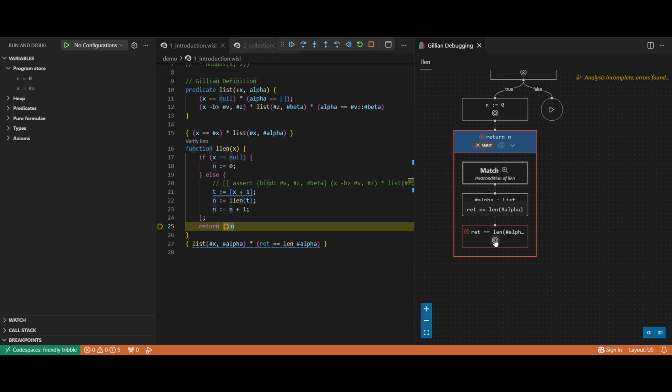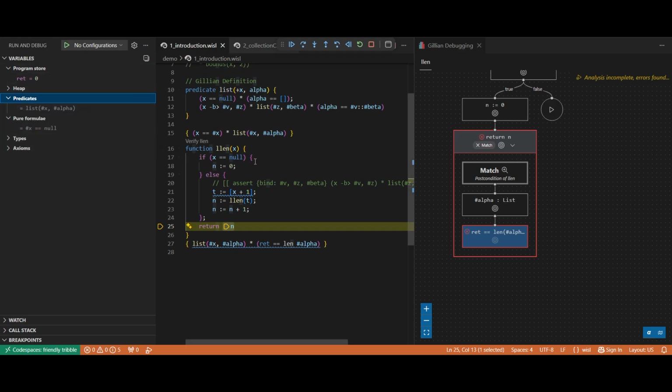If you press this node right here and look to the left to see your program store, we do know that ret is equal to 0. That's exactly what we want. But do we actually know the length of alpha? Well, if we open our predicate and our pure formulae, we can see that we have absolutely no information about alpha. Alpha is hidden in this list predicate here. So what do we do? Well, we can unfold the list